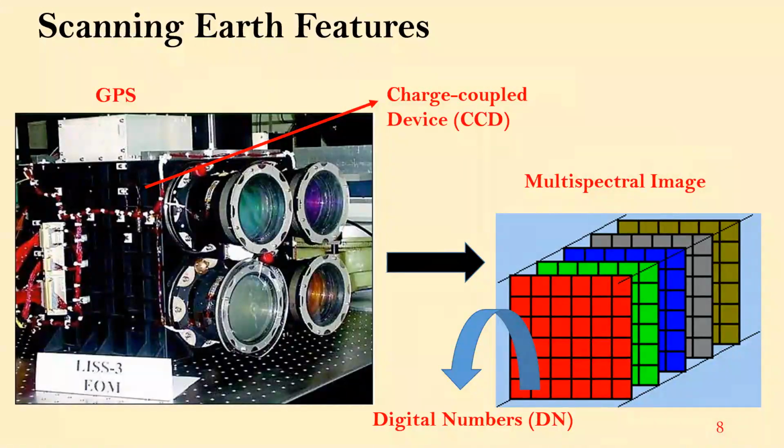Basically, the reflectance from Earth surface features is stored as digital numbers, the intensity values. Based on the bit rates, the storage capacity of the sensor varies. The captured information is stored as image bands. Each wavelength is stored as a separate band, and later these can be merged or stacked together to form a multispectral image.